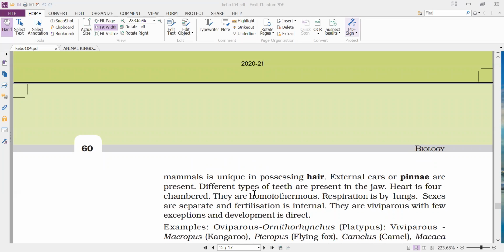And next, different types of teeth are present in the jaw. We'll find different types of teeth like incisors, canines, premolars, molars. That is, the teeth are heterodont. Hetero means different; different types of teeth are present, so we say heterodont. Incisors are used for